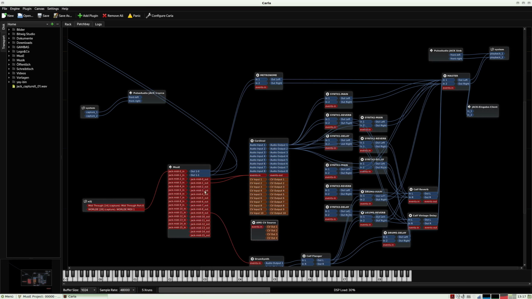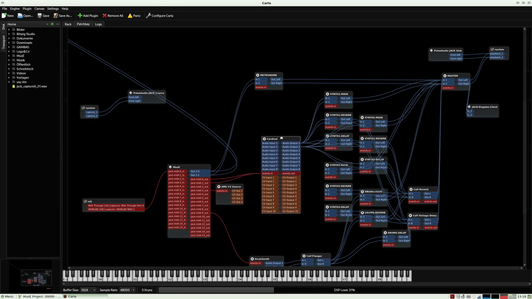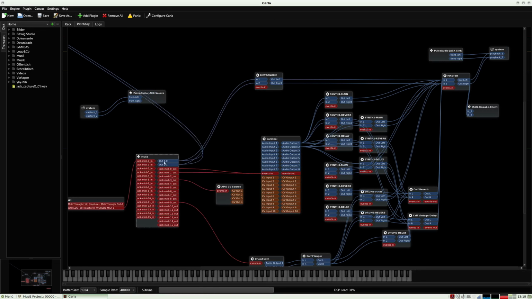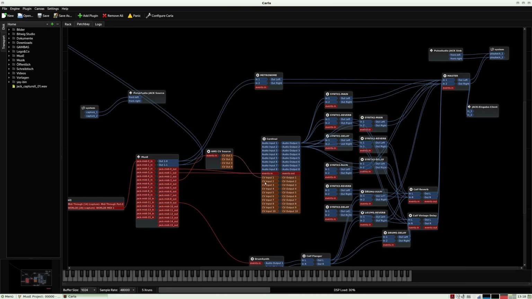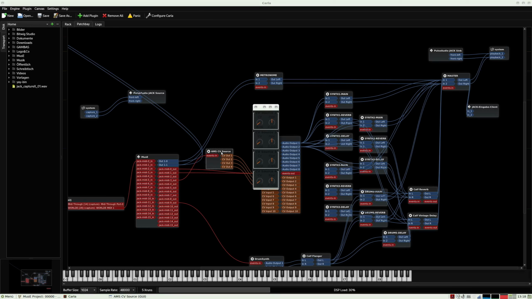and I have here the jack output 3. I use this for this control voltage, and now I can connect these control voltages here to this one here, and this one. So now I need to edit this control voltage source. It's not done by double clicking. Then you see this here, and it doesn't bring you further.